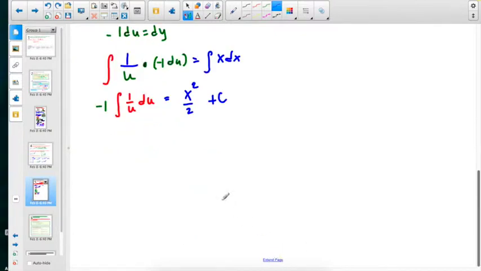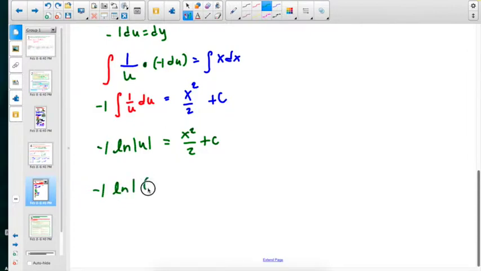And then we can go ahead and take the antiderivative of the left side. So we have minus 1 times the natural log of the absolute value of u equals x squared over 2 plus c. And we need to exponentiate. We know that after we substitute back in here. So minus 1 times the natural log of the absolute value of 6 minus y